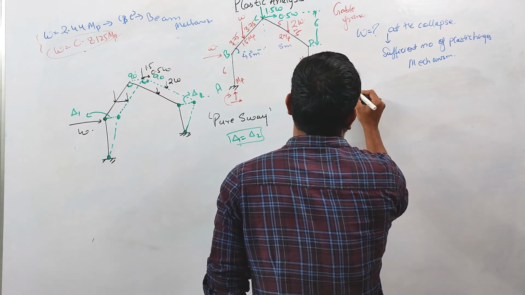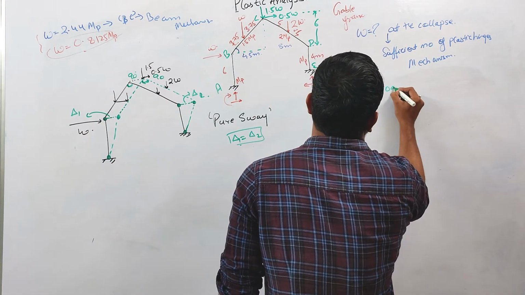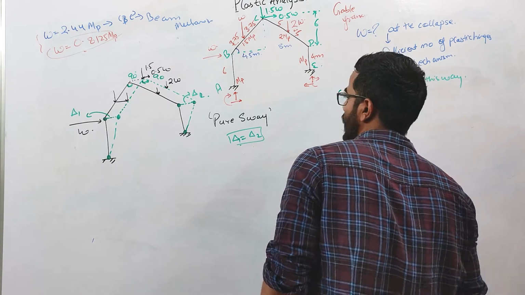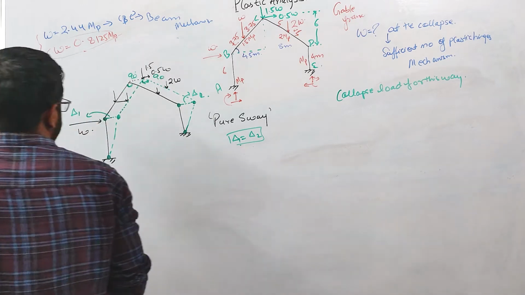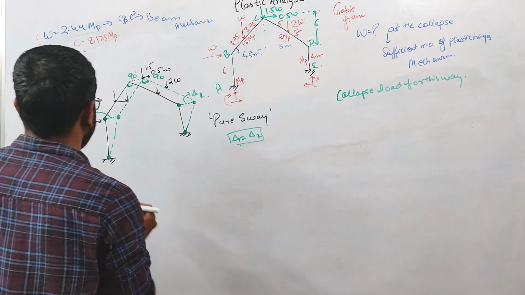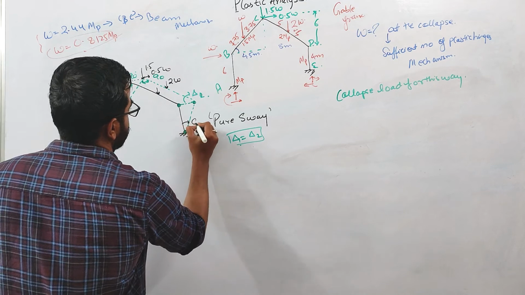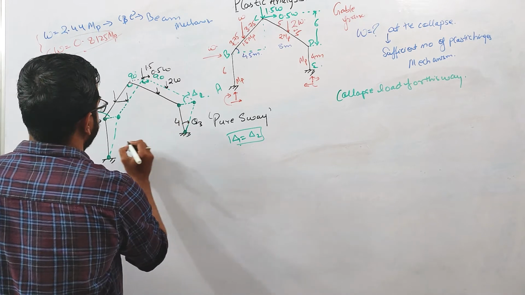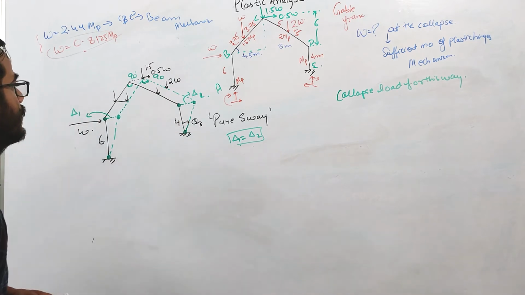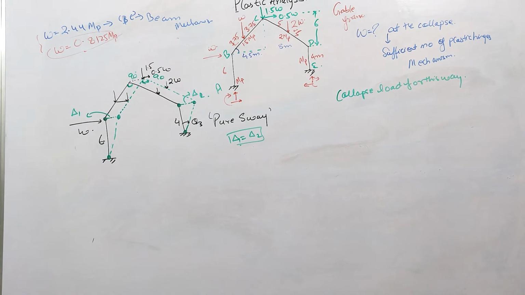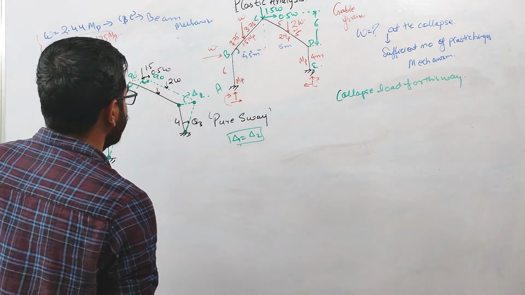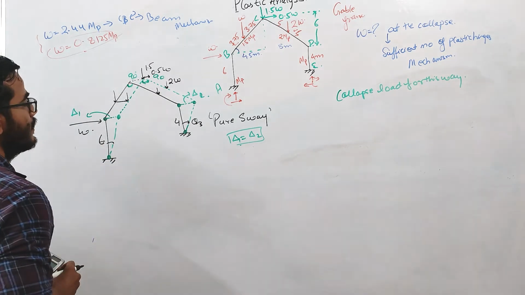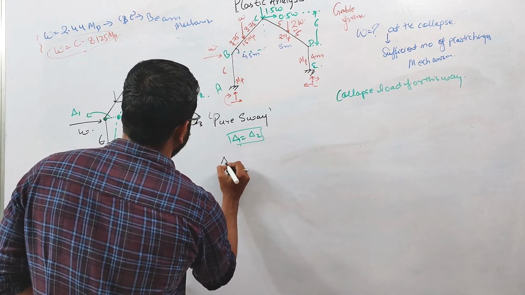Right. Now we will be calculating the collapse load for this sway mechanism. Okay. So let us suppose this is theta 3. Right. This is 4 meter. This is 6 meter. Okay. So if this is theta 3, delta 1 equals delta 2. So what will be this theta? I can write delta 2 equals